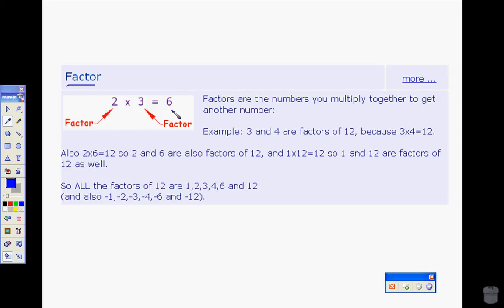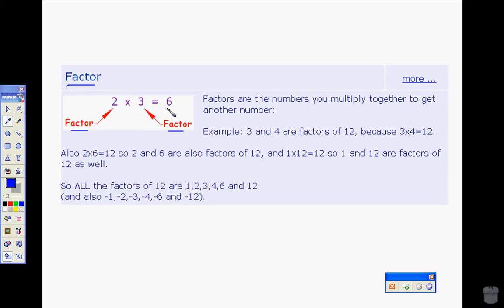give you another number. So if I've got 2 times 3 is equal to 6, 2 and 3 are both what we call factors, because they multiply together to give you 6. So two of the factors of 6 are 2 and 3. Also 1 and 6 are factors as well. So any number that divides evenly into another number is called a factor. You can multiply them together to get another number, or 2 or 3 will divide evenly into 6 without